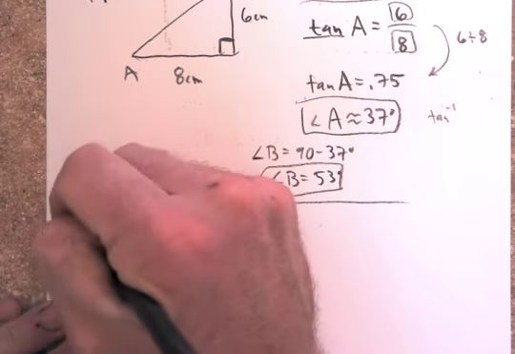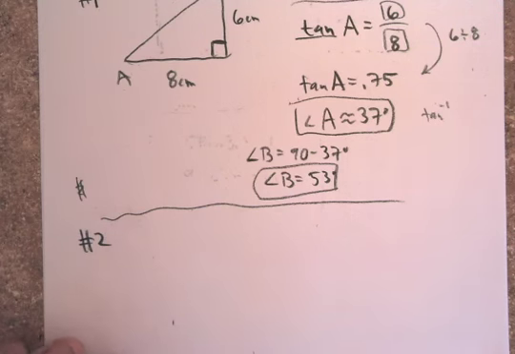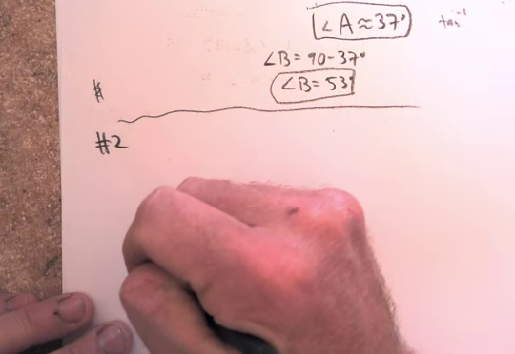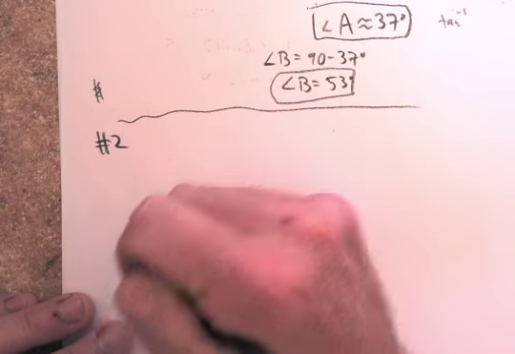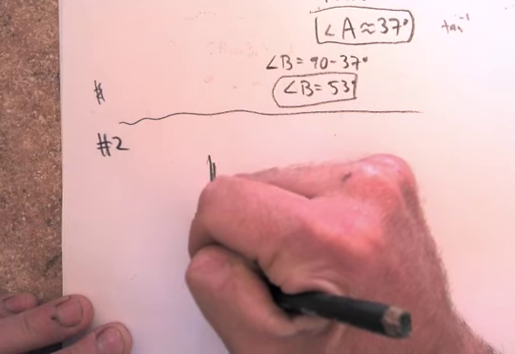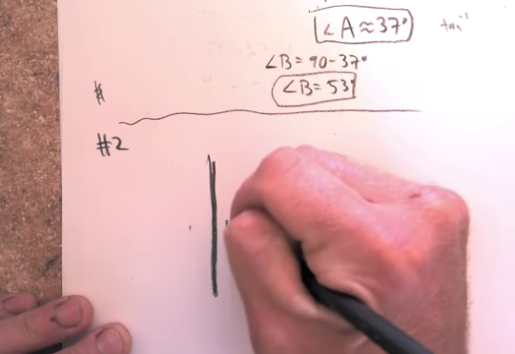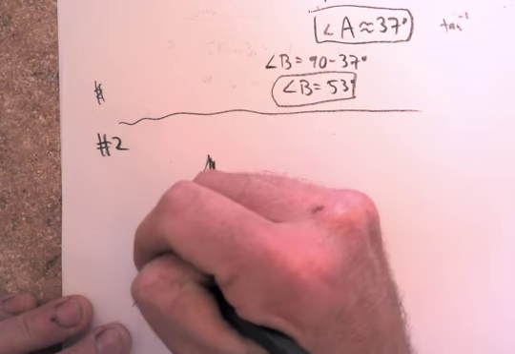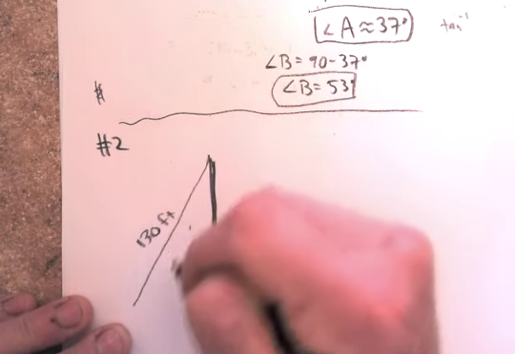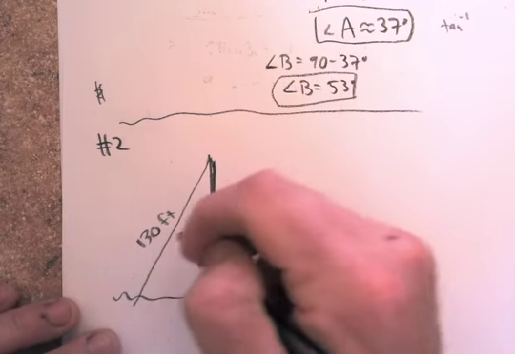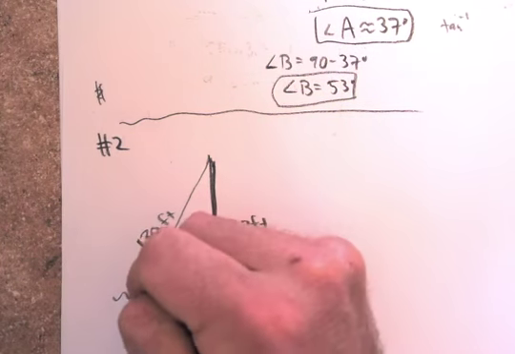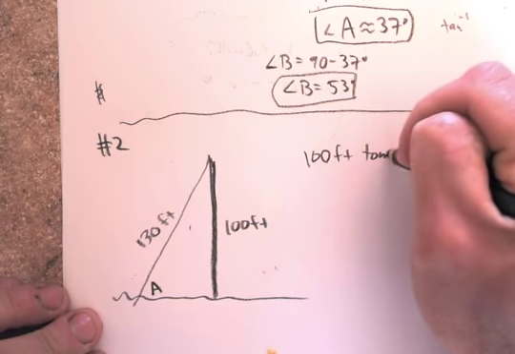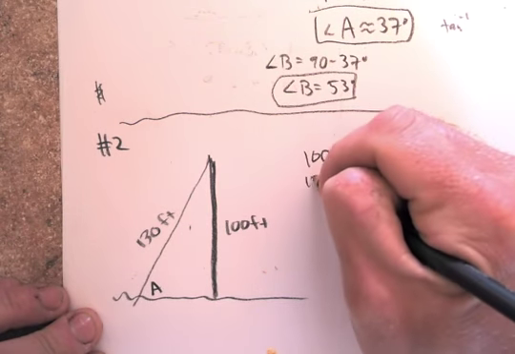I'll do one more example here in case you need to see one more. Let's say this one will be with a tower again. Let's say you have a tower. It'll say there's a tower that's 100 feet tall, and there's a cable that's 130 feet. It'll say, what angle does the cable form with the ground? Okay, so a 100-foot tall tower, a 130-foot cable,